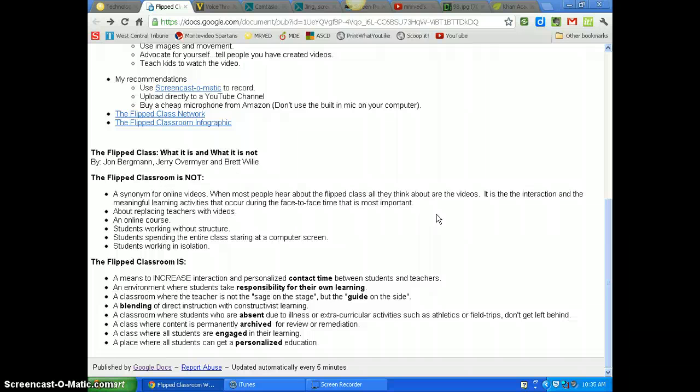Have the parents watch the videos with the students so the parents can learn right alongside them. It's not students working without structure. They don't just come to the classroom and roam around and do things as they please. There's structure to the classroom. They're not sitting in front of their computer just staring at the screen. And it's not students in isolation. It's about collaboration. What the flipped classroom is, basically, is an increase in interaction and contact time between the teacher and the student. Oftentimes we use